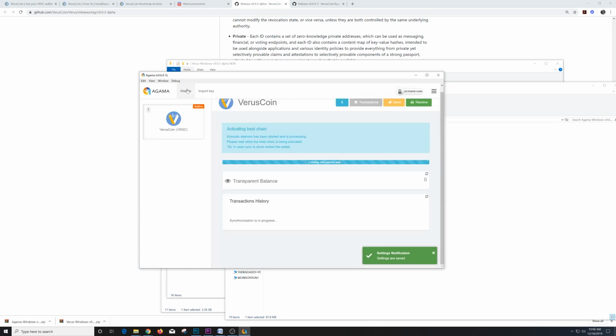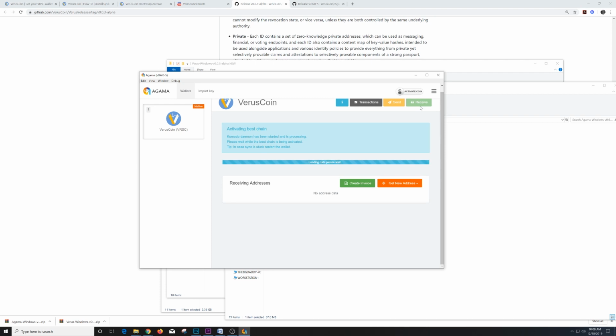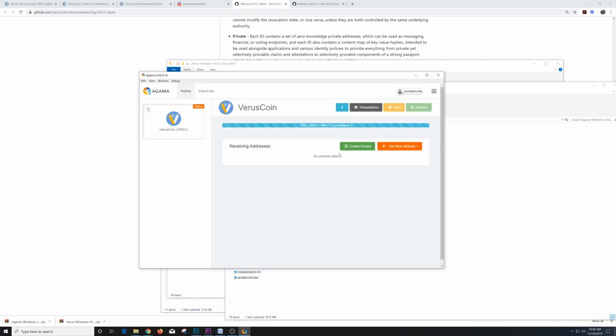Okay, we're still waiting for this to load. So in the meanwhile, while that is loading, I need to send some funds over to this wallet so that we can look into the Verus wallet, the new Verus wallet, and look into purchasing some names. So that will just take a minute. Oh, here we go. As we can see, we're at